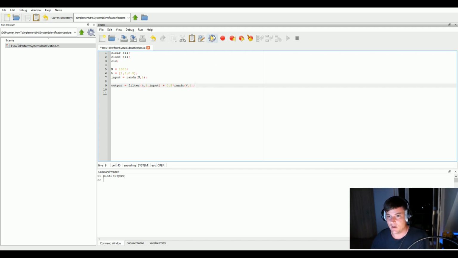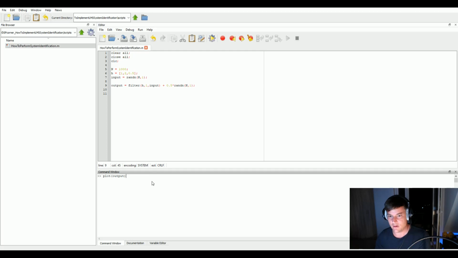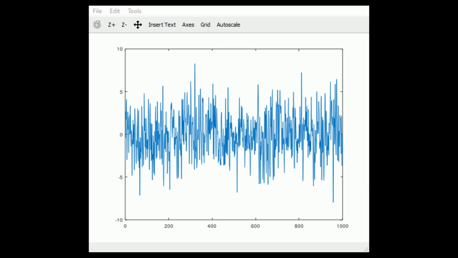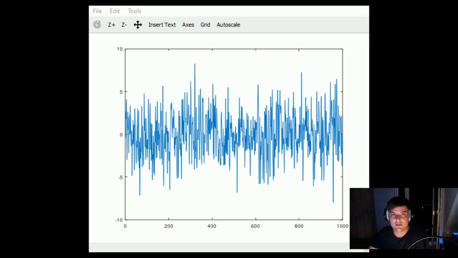So again, let's fire it up. Let's have a look at the output signal. So here it is. Here we have our noise-corrupted output signal. For sure it looks different to the first approach, because each time we fire up the script, a new random vector will be generated. But as you can see, our noise with the amplitude of 0.5 will not influence our output signal that much, but